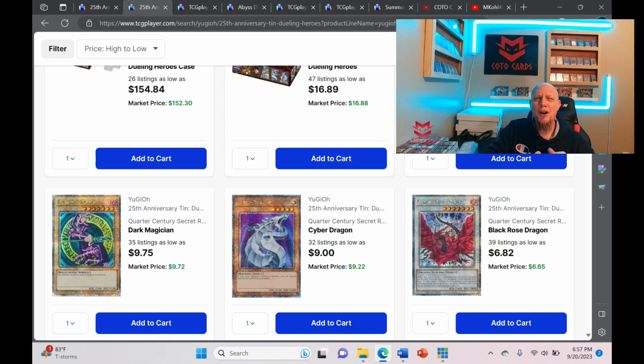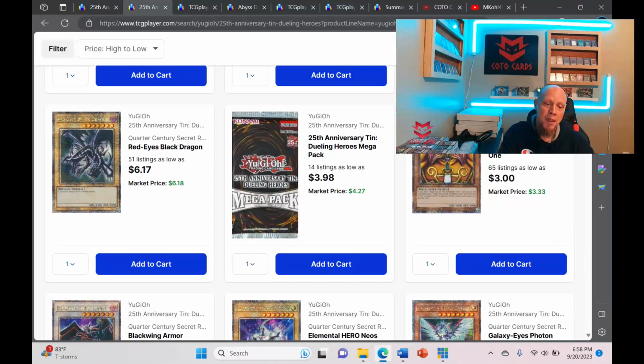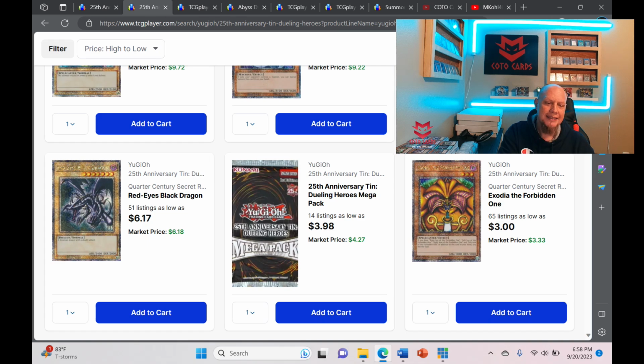Black Rose has been pretty much the same. I don't understand why. For me, this is the card I wanted. This is the most beautiful. I think Stardust is very nice, but I love Black Rose Dragon. It's just a beautiful card, and in this rarity, it is very nice. So I would not be surprised if that goes up, but that's not what I want to talk to you about. The Red Eyes, kind of sticking around the same thing, but if you go to the next one,